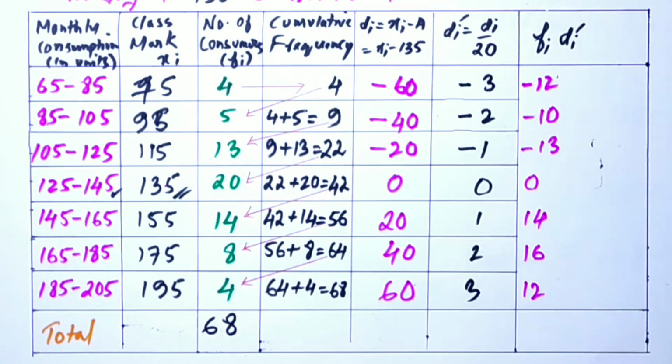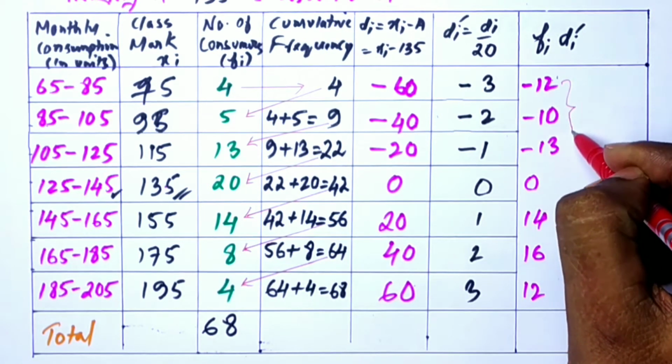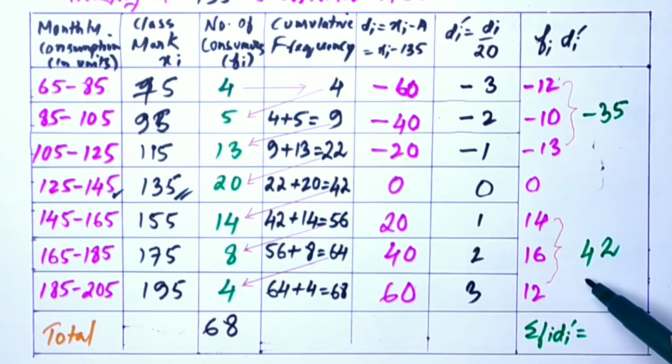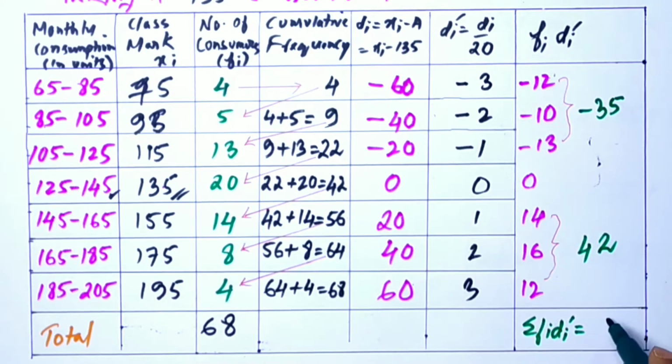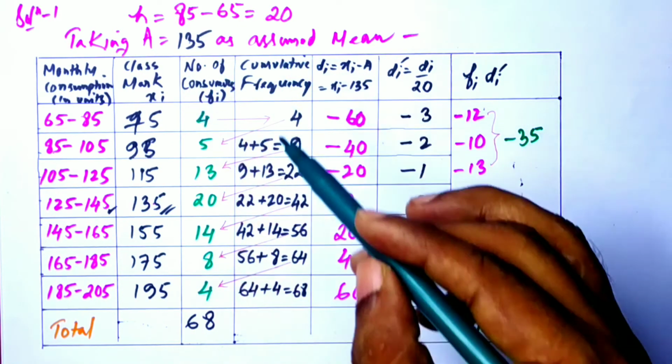So we group this into two parts, the negative part and the positive part. We add and take the sum of these two to get 7. Now from this table we have summation fi is 68, summation fi di dash is 7, h is 20,